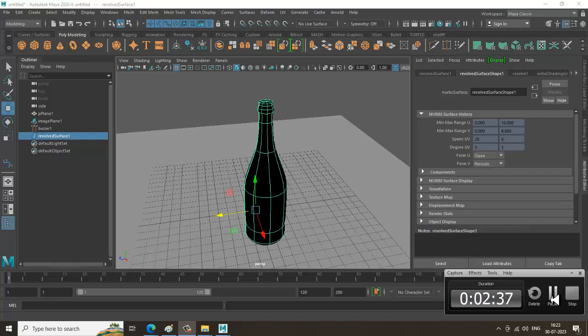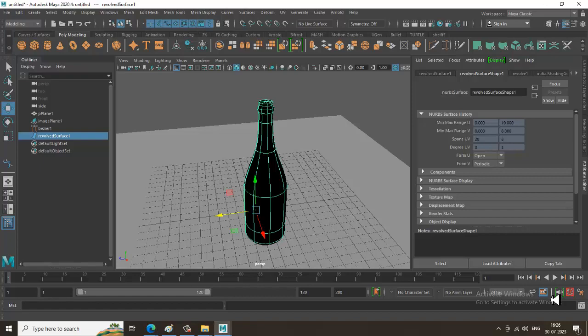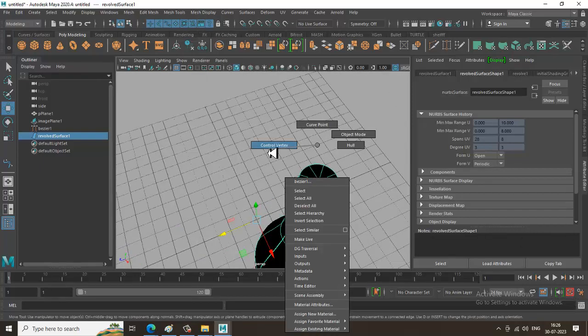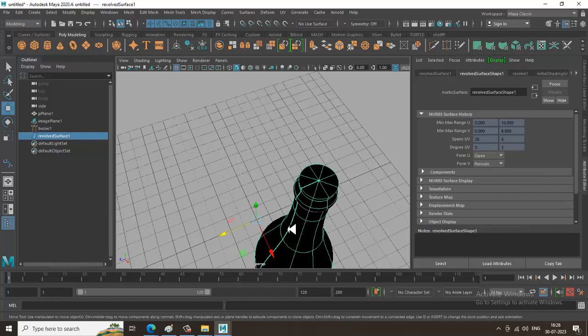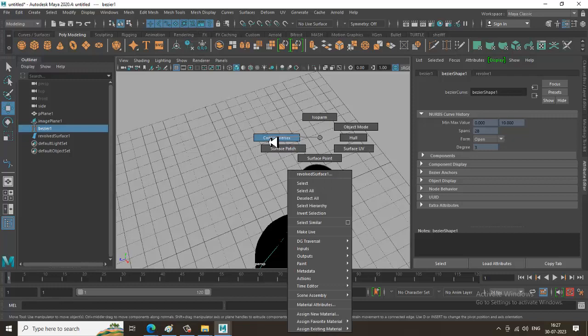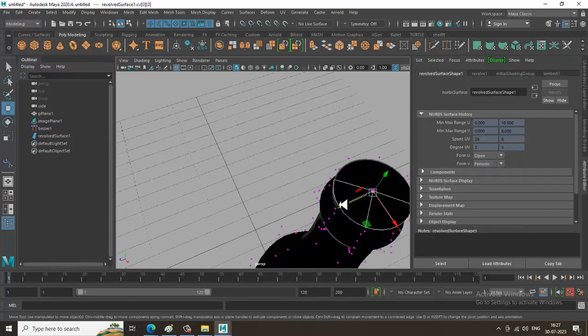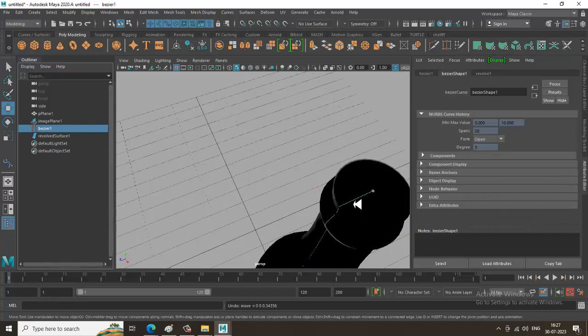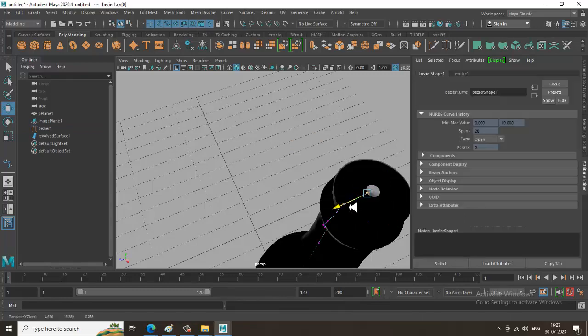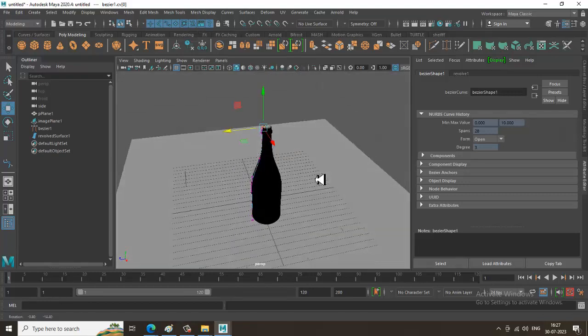Now let's go into the control vertices, or you can just select the curve. You can select this Bezier, go into the line,